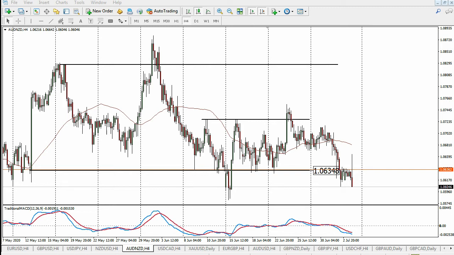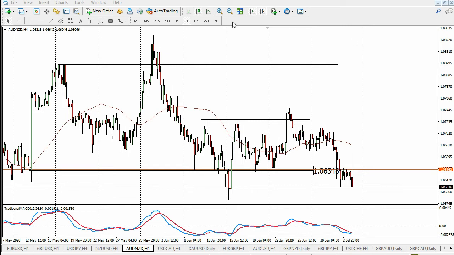I was looking for a long position for a longer time. As I told you last week, I am looking for a long position over this area, and the price was moving as expected. So what will be the next move? Price is still not good for a long, so I am waiting for a confirmation